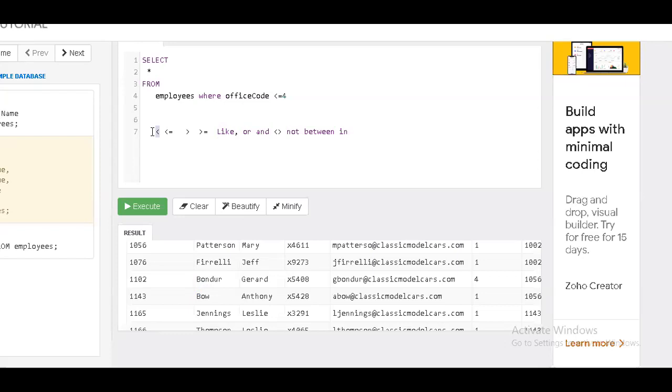If you want to check the value less than, less than or equal to, or greater than or equal to, I'll be using these. If you have two options in front of you, then I'll go with the OR operator. If you want both things, I'll be using the AND operator. If you don't want the match, the opposite of that particular thing, I'll be using this one. If you want not, that means if you want only true values, I'll go with the NOT operator. If you want ranges, I'll go with the between operator. If you want to check from 1 and 2, that particular thing, then I'll be using the in operator. So we'll see one by one all these things.